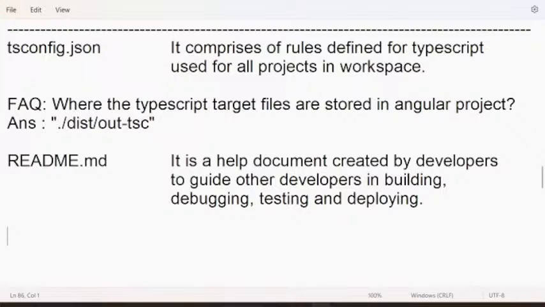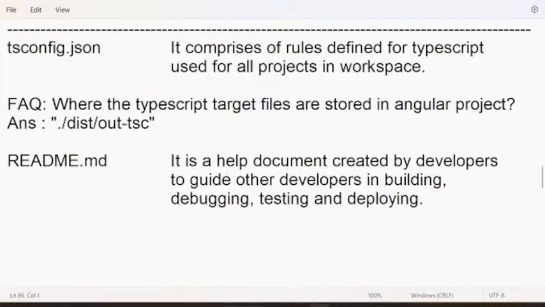That means if you want to tell other developers some tips, which command to compile, which command to test, which command to run, all these things you can mention in a help document. Every project will have a README file, compulsory. It is just like you purchased a product. When you purchase the product, in every product box, you will find a catalog. That catalog contains information about how to use that product. Am I right? There cannot be a project without README.